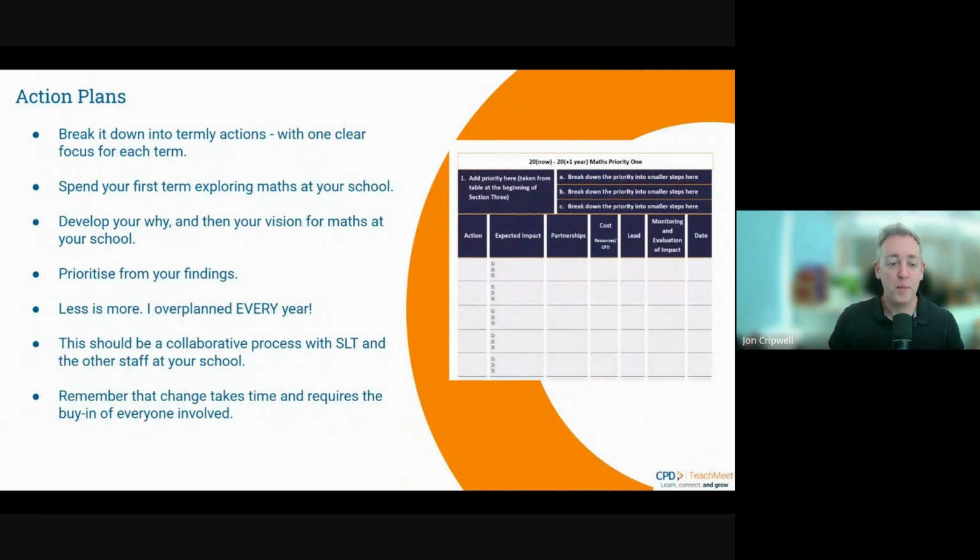Less is more. I was maths lead for about 15 years, and every single year I overplanned in my action plan. Every year I promised that I wouldn't overplan, and I still managed to. And at the end of each year, I would look at my action plan and realize I still hadn't managed to tick off one or two items. So